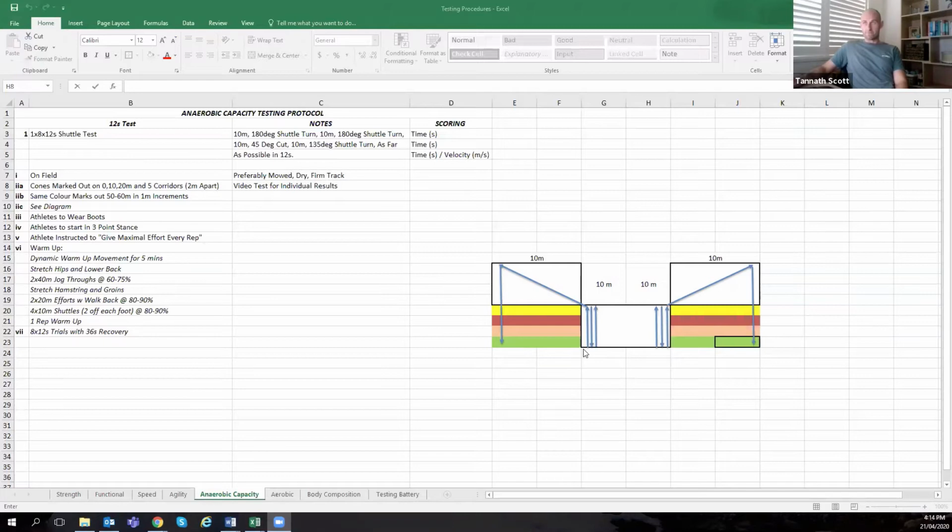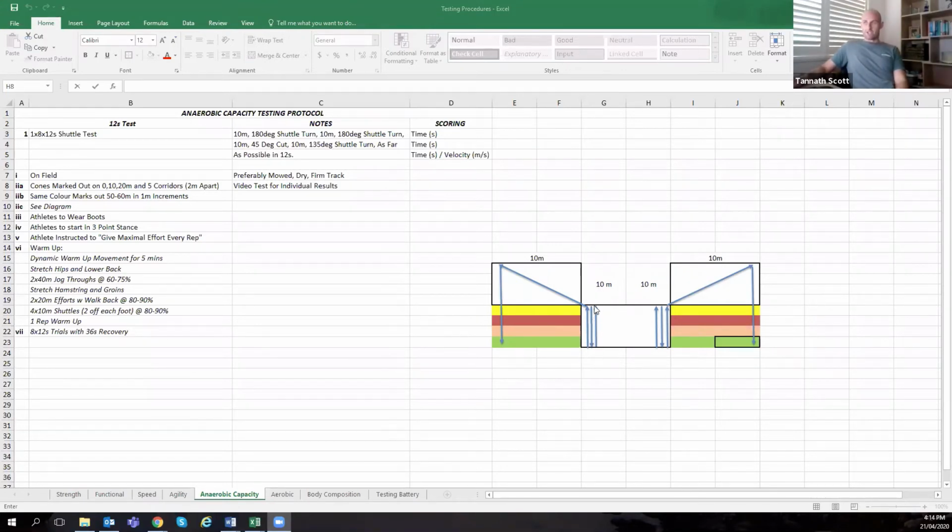So essentially what you do is you go up 10. This would be your starting section. You'd have 5 people running in one test. They all go up, back, up, cut, across, and then they run back through here. You'd have a camera set up over this side, and you'd have cones along this 10 meters. So cones at every meter, a different colored cone, and a whistle going on the 12 seconds. Then the next group does the same thing, up, cut, back through.